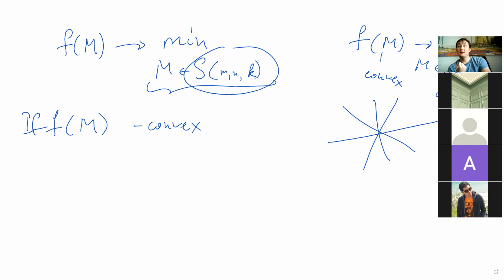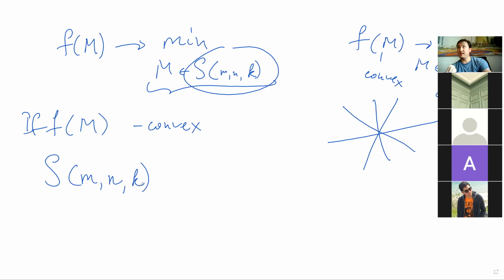But still, people try to solve that problem using convex optimization. How do they solve this by convex optimization? They do the following simple trick. This set of matrices